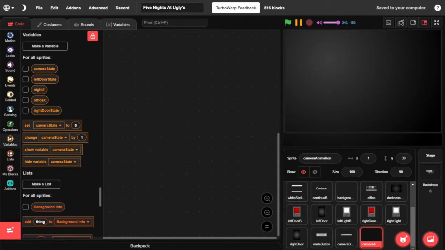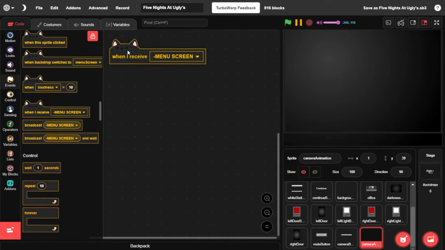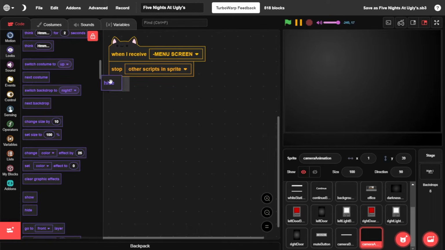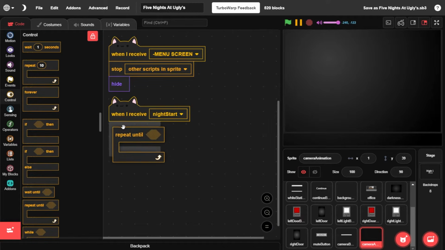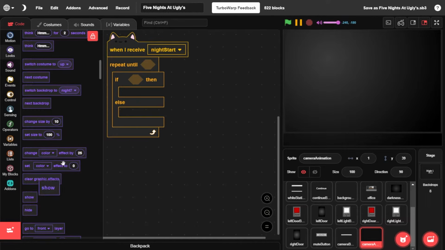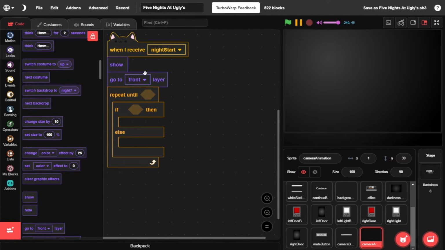entirety of it. Inside of this animation, we need to do when I receive menu screen, stop other scripts in the sprite, and hide. When I receive night start, we will put a repeat until down. Then we will grab an if else statement. Don't forget to throw in a show and a go to front layer right before that repeat until, where we